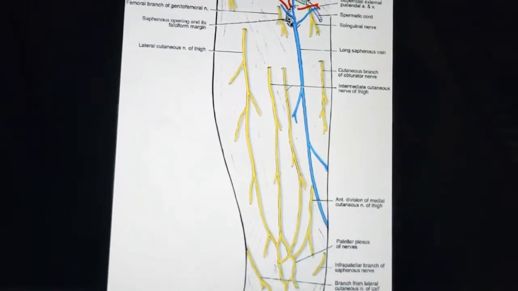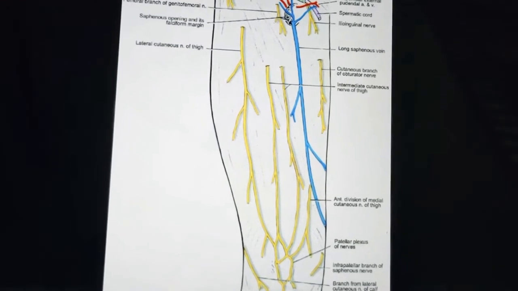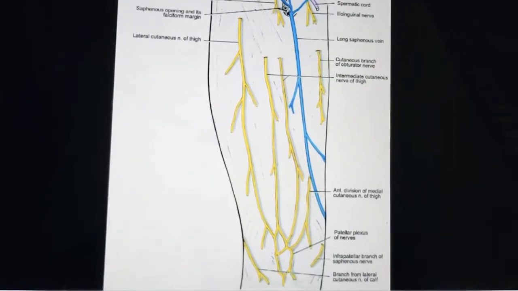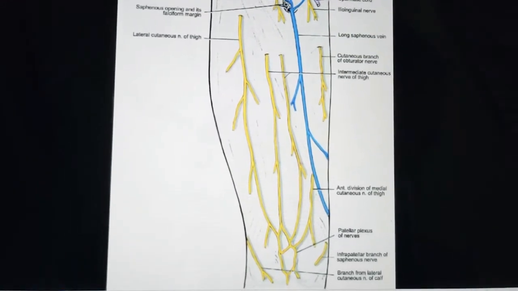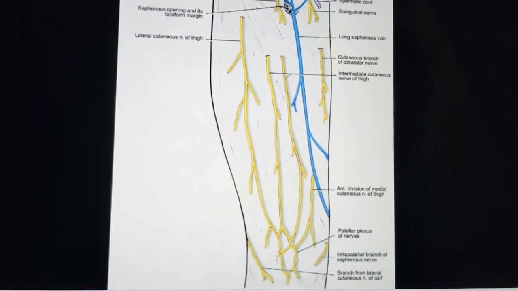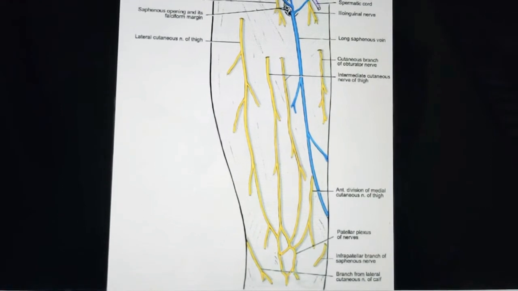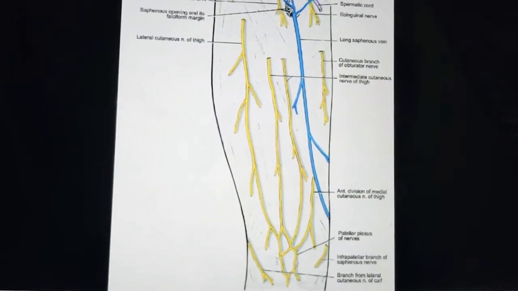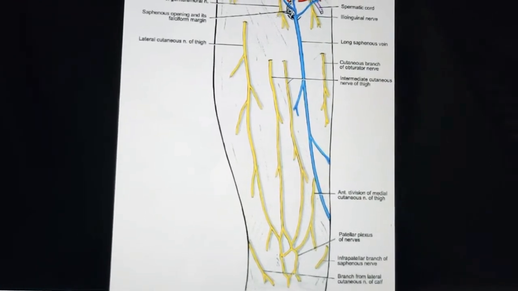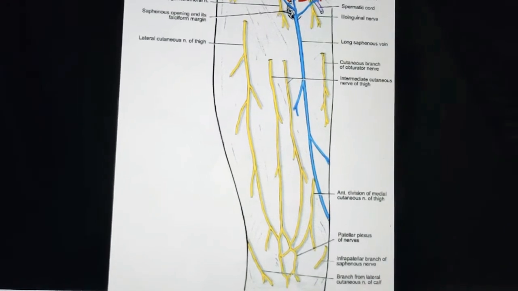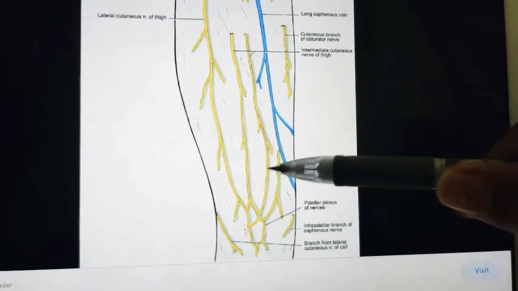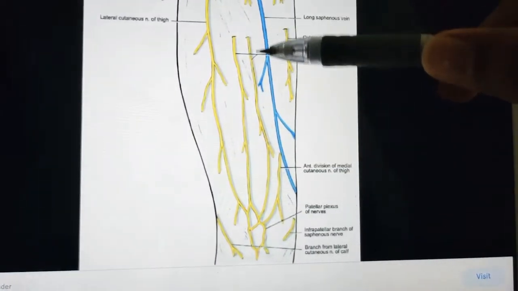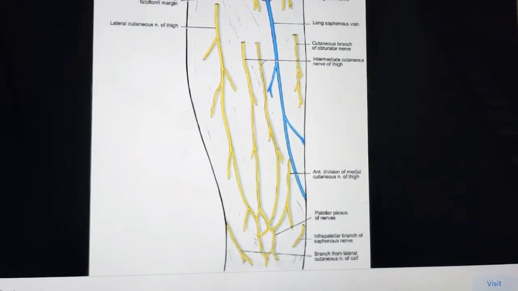So these are all the cutaneous nerves which are supplying the front of thigh, and remember they are present in the superficial fascia between the fatty layer and the membranous layer, right? This medial cutaneous nerve is also a branch of the anterior division of femoral nerve. It also divides into anterior and posterior divisions. This nerve mainly supplies the skin on the medial side of lower 2/3 of thigh and also of course the upper 1/3 of the thigh. So this part is supplied by this medial cutaneous nerve of thigh.